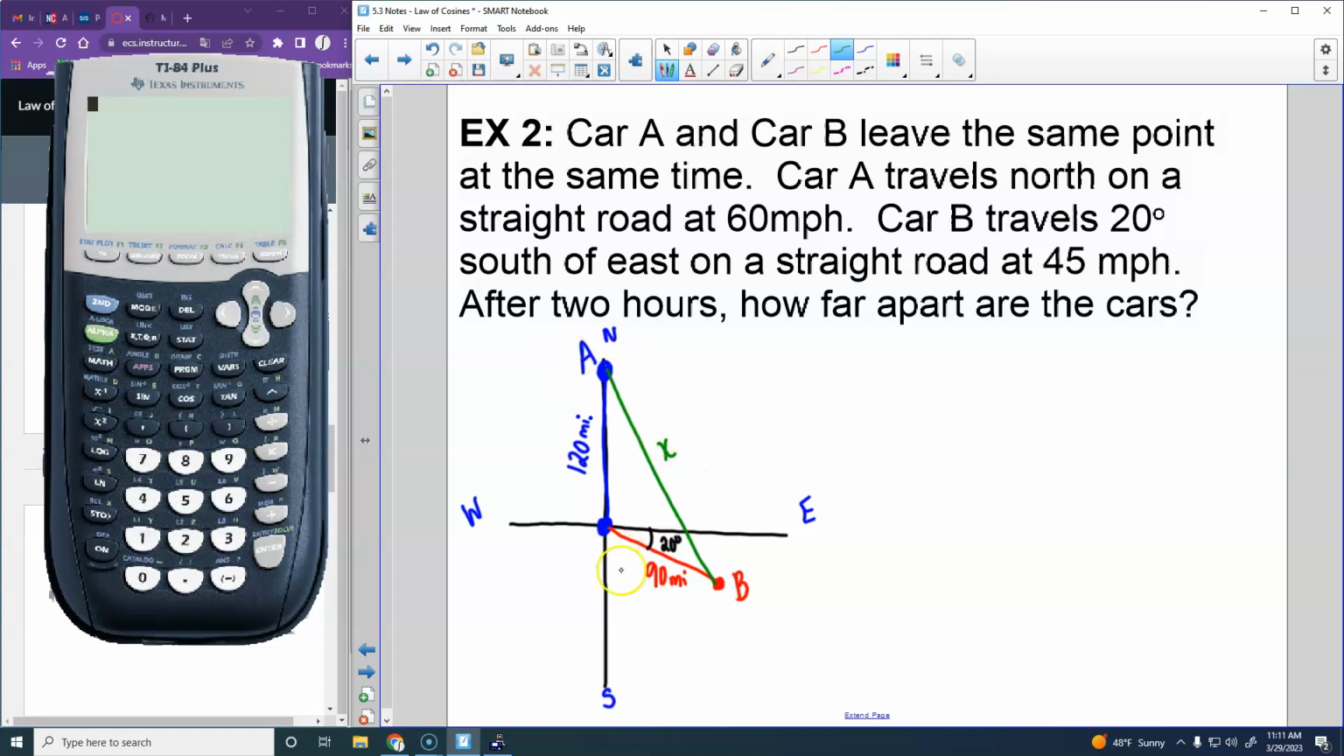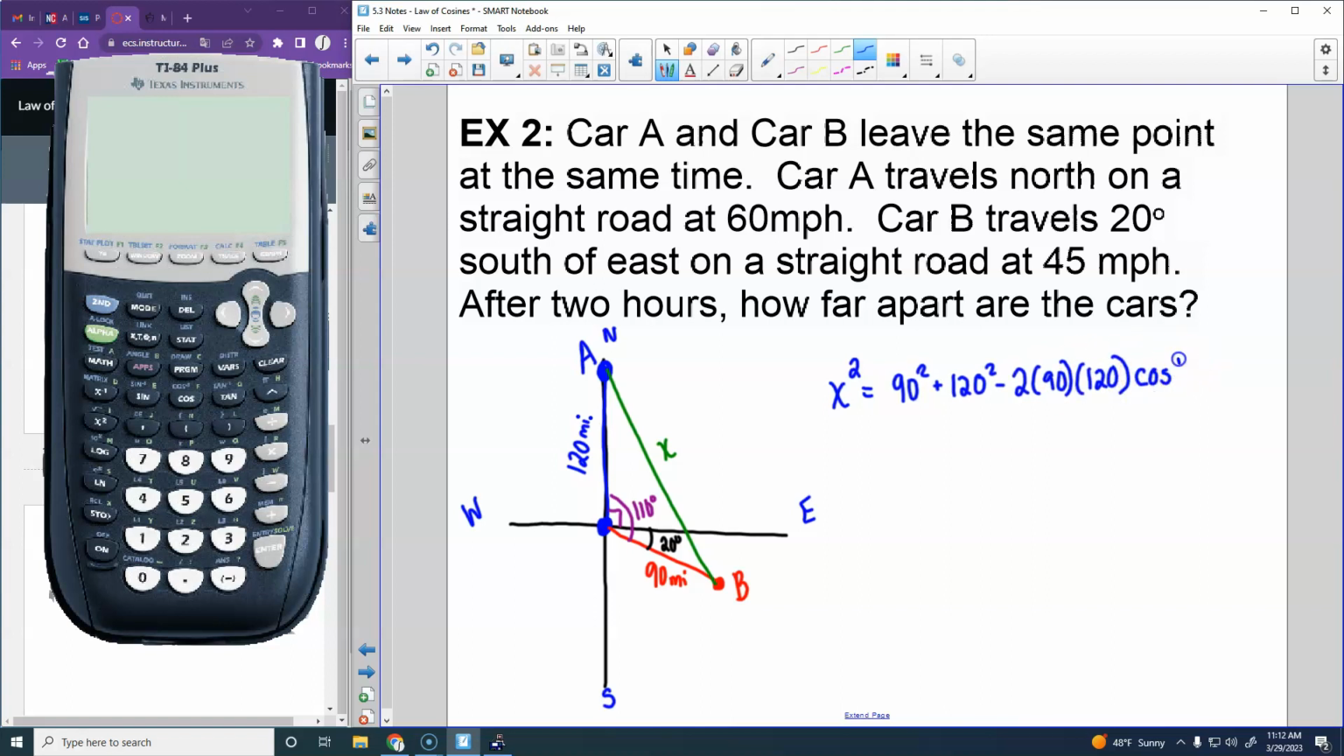So we've got a triangle here. Do I have any of the angles of the triangle? Yes. This right here is a right angle, and we don't have this angle of the triangle, but we can find it really easily, because if this is 20 and this is 90, that's going to be 110 right there. So we need to find side x. So we'll have x squared equals, and it doesn't matter which one is A or B, the 90 or the 120. It doesn't make a difference. So I'm going to do 90 squared plus 120 squared minus 2 times 90 times 120